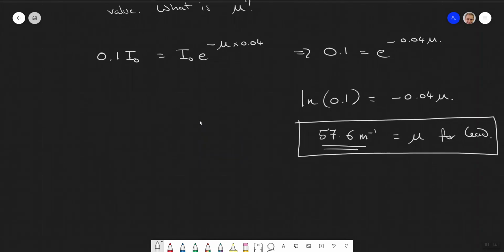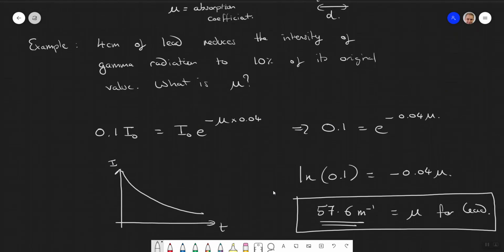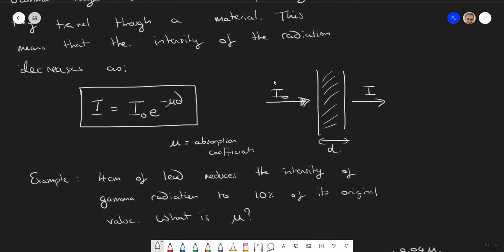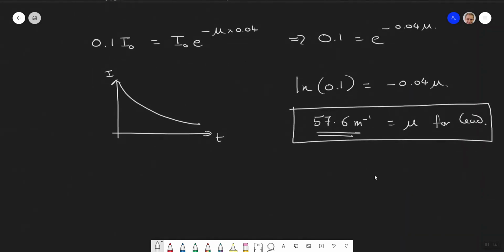So it is a true exponential. Beta is very nearly, and often is, but if you've got thickness, then the intensity you detect will be an exponential decay. That's what happens if we have a straight, collimated beam going through something in a straight line. But equally, we've got to remember that gamma rays